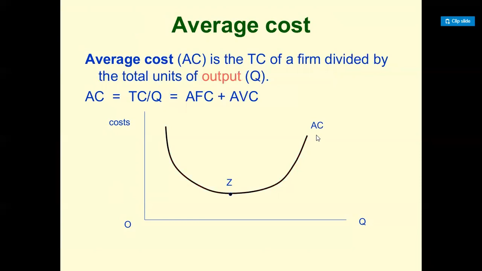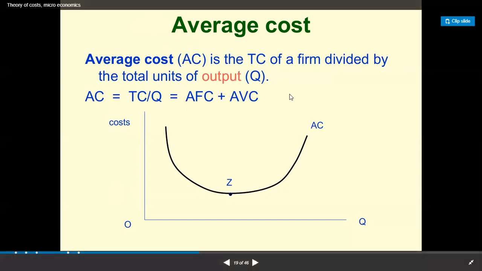Now we are discussing the average cost. What is the formula of average cost? Two formulas are there. Either you can add average fixed cost and average variable cost, and you will get the AC, or you can divide TC by Q, and you will get the AC. Its shape is also U, because when both AFC and AVC fall till the level of two units of output, the AC also falls till that point. So that is why its shape is like that.